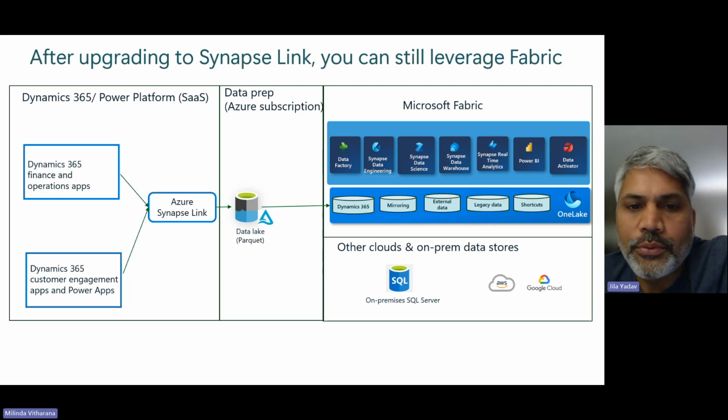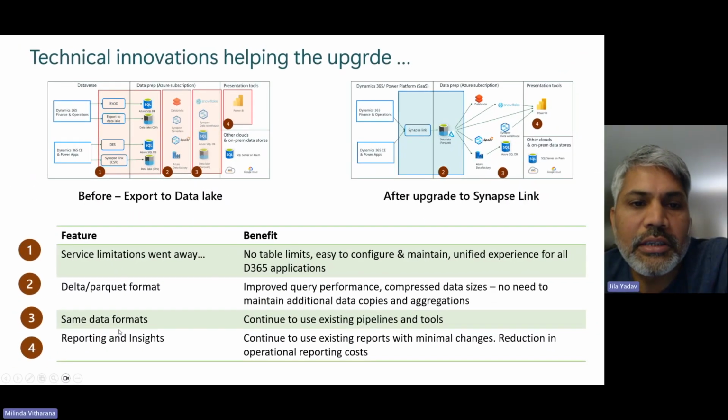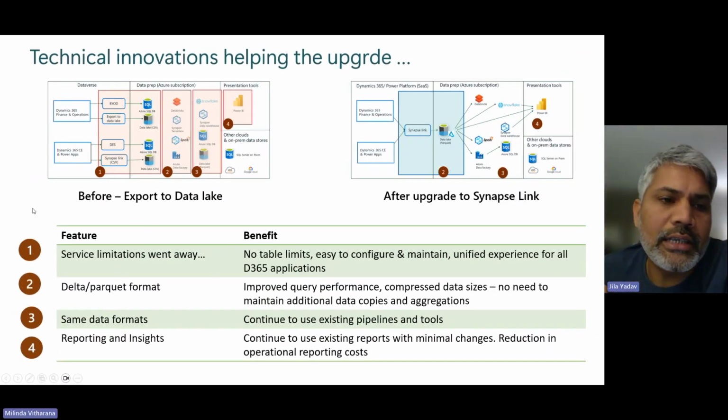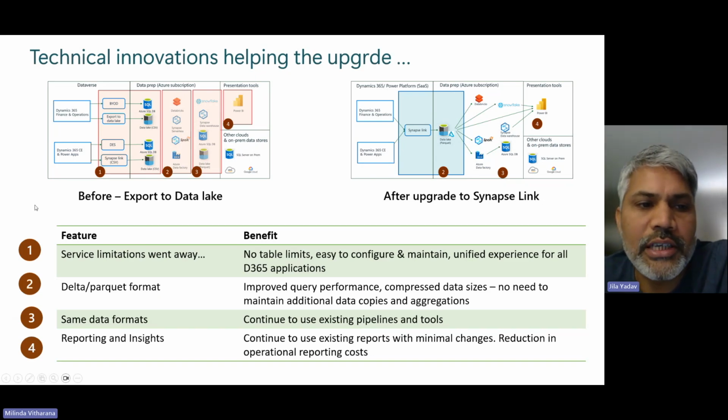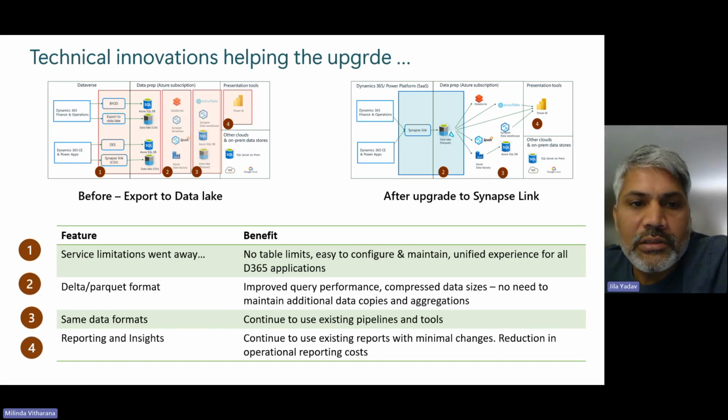So if you want to leverage Fabric in this architecture, you can also do that. This brings us to the previous architecture, where you can use Fabric to simplify this further. The difference between Synapse Link and Fabric Link is that you have a SaaS experience in the platform. In Synapse Link, you have a platform as a service experience. So again, on the Synapse Link side, when you upgrade to Synapse Link, you have many of these technical innovations